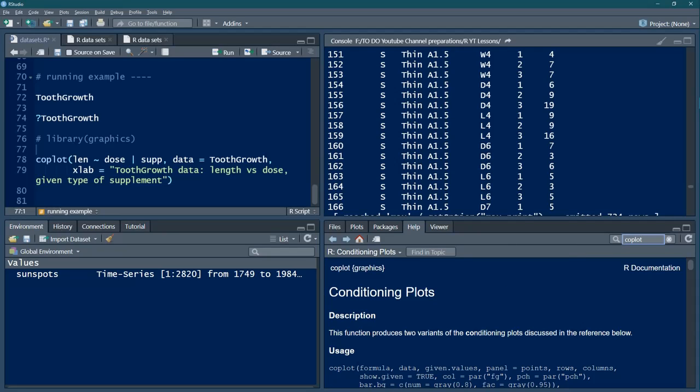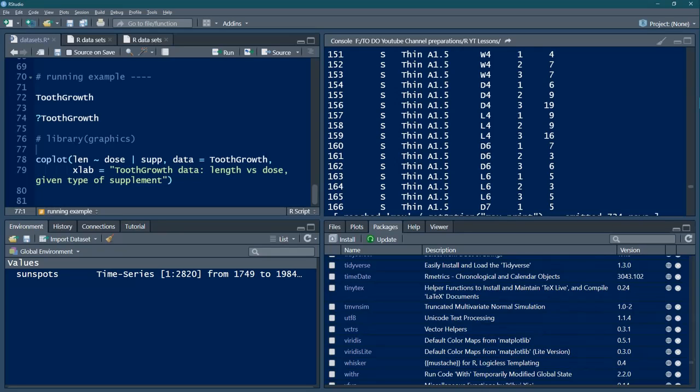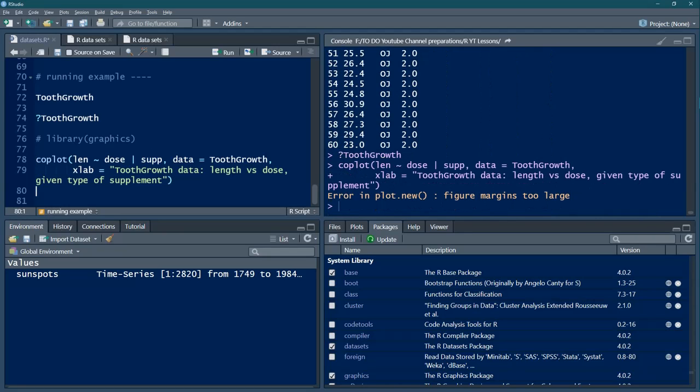I see coplot is mentioned within graphics. Basically graphics is the package. Now this package of graphics has already been loaded. So I need not write library(graphics) again. So you can see here it says graphics already loaded. Otherwise I have to use this command. Now let me issue this coplot command.